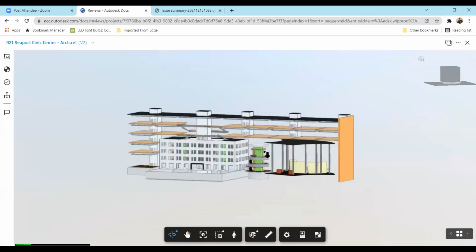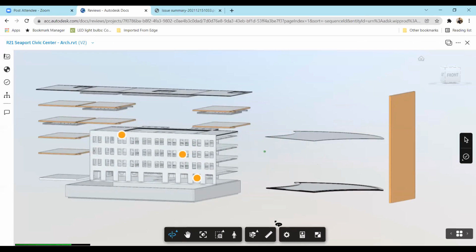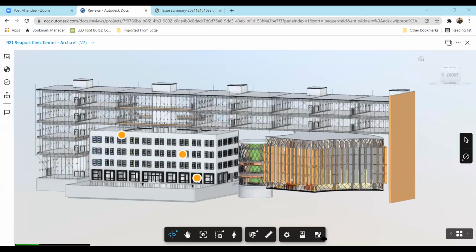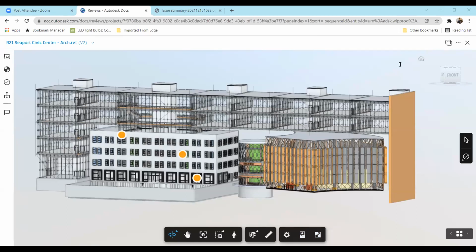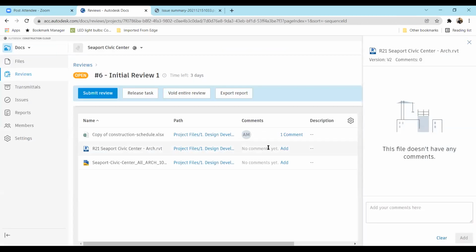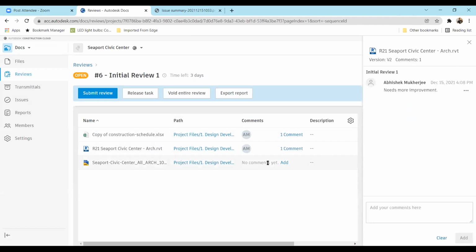After opening it, I may want to review a few things like we did earlier on with the section analysis, measure tool, etc. And then I can just close this. And after closing this, I can add a few comments that need more improvement. I can be more specific with my comments. That's up to me again.